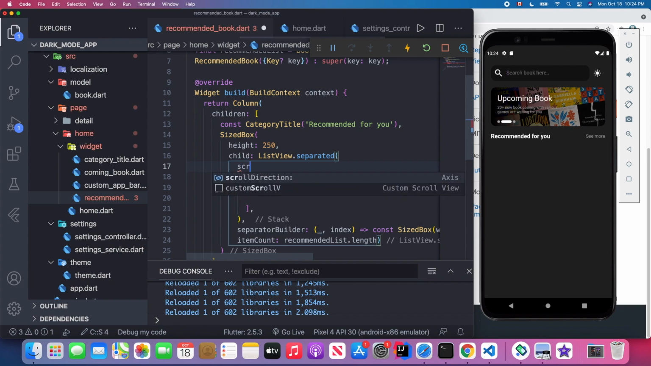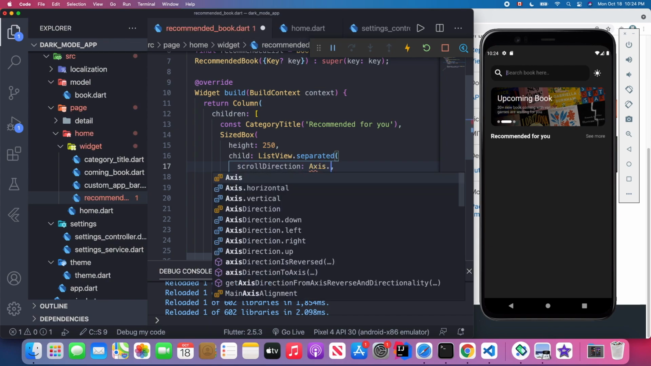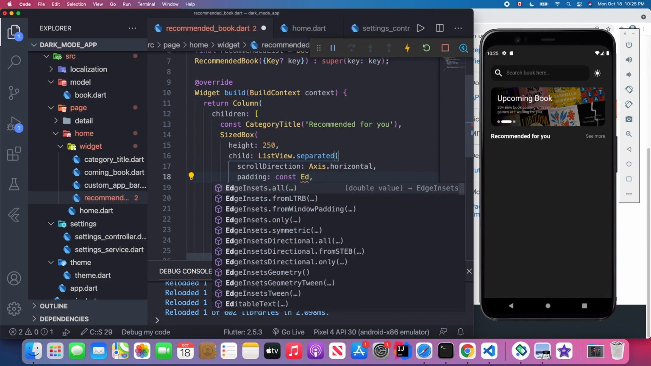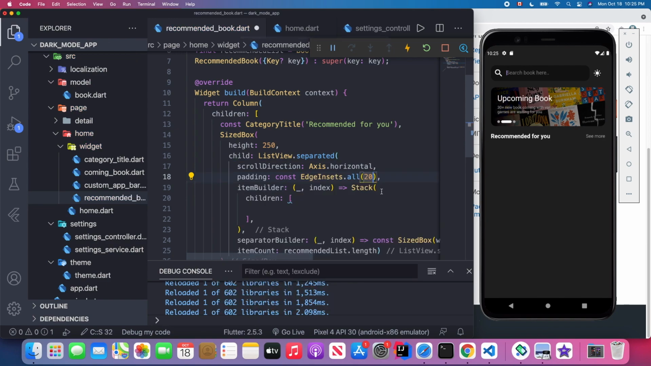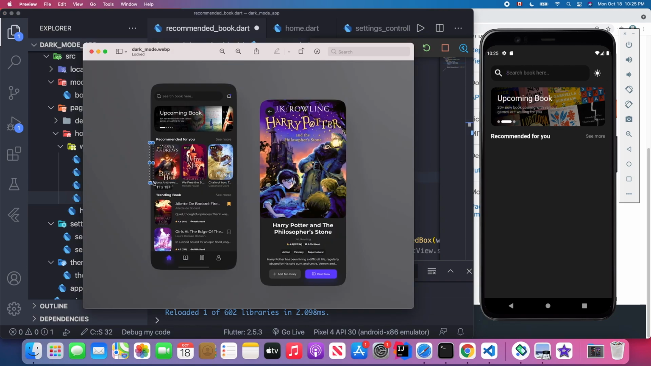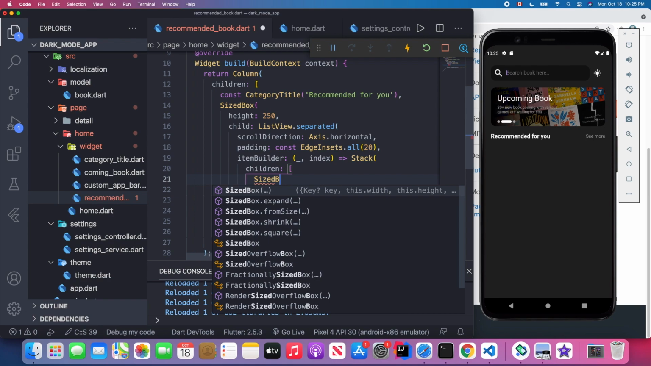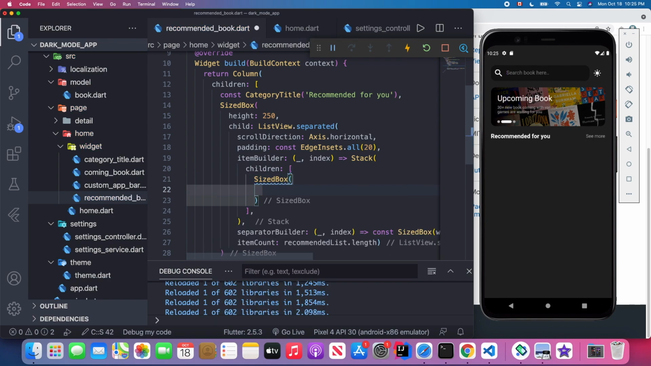Change the direction for this list view to Axis.horizontal, and also for the padding, const EdgeInsets.all set to 20, because we have a padding for left and top and bottom. Okay, so inside, I'm going to return a SizedBox, and I'm going to set the height. Sorry, should be the width to